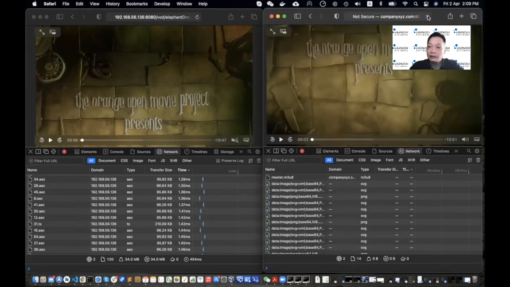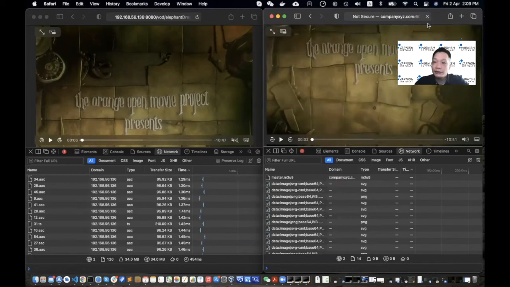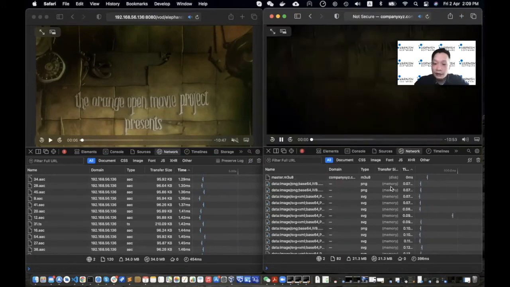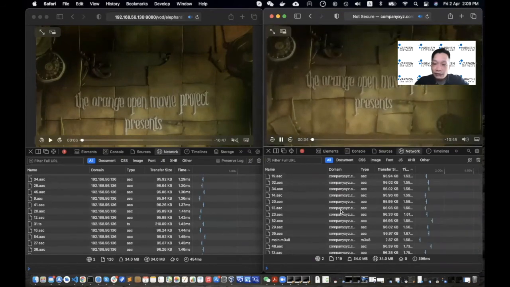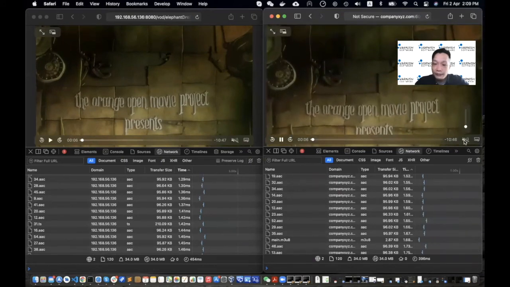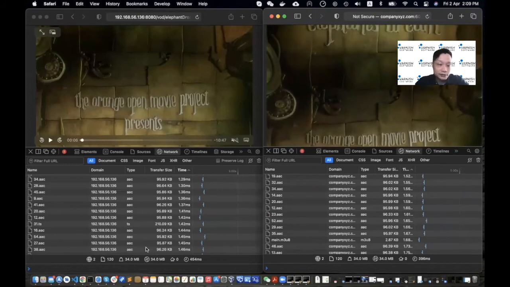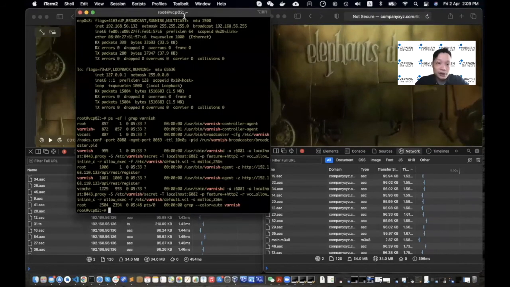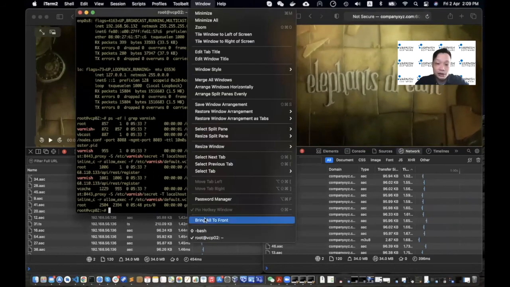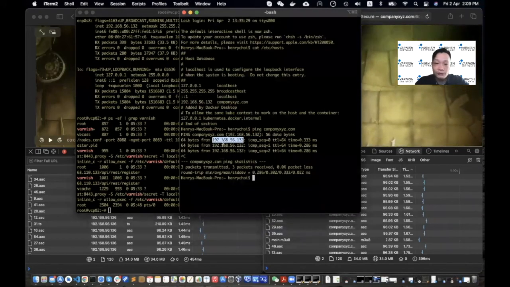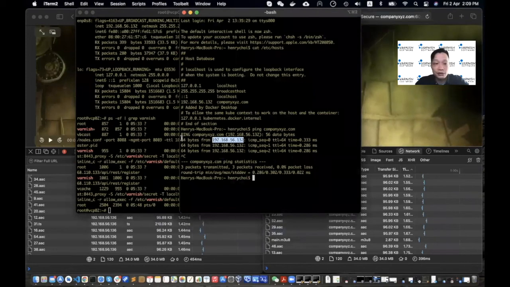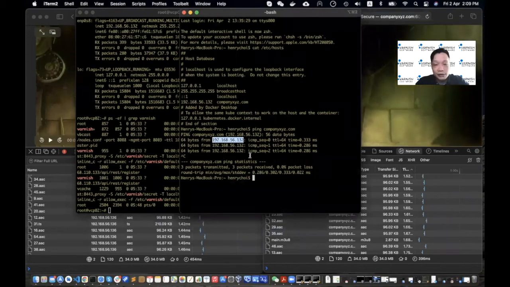Okay, let's refresh. Okay, the content is downloading from the cache node, xyz.com. Okay, as I said, companyxyz.com actually is pointing to 132. So the 132 is actually fetching the content from 136.